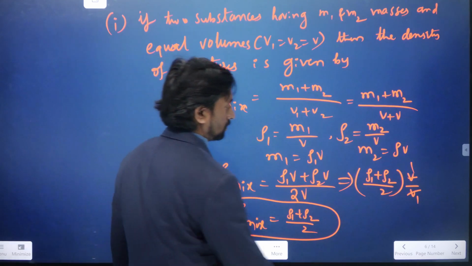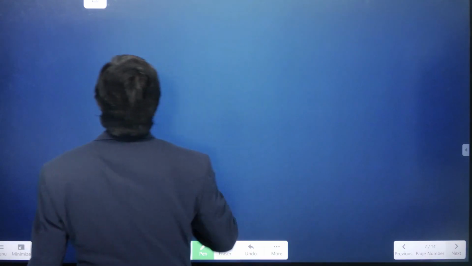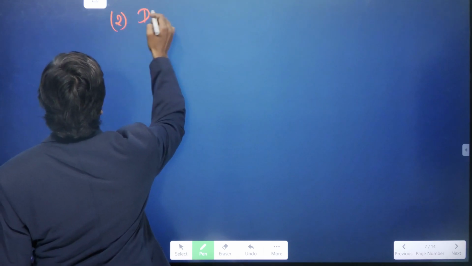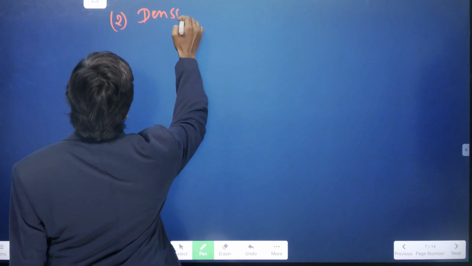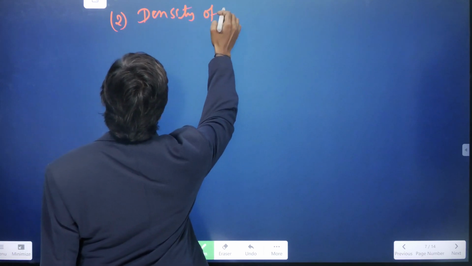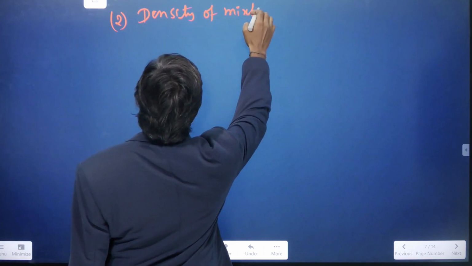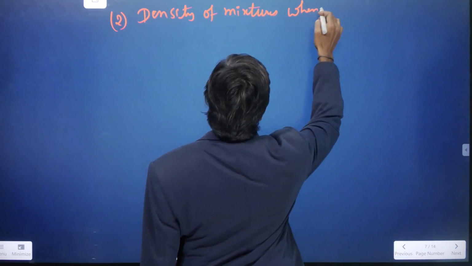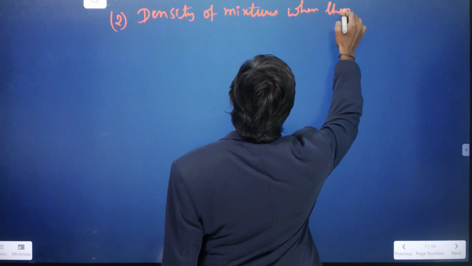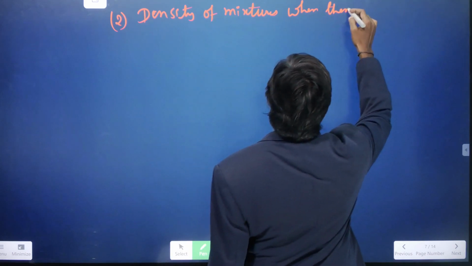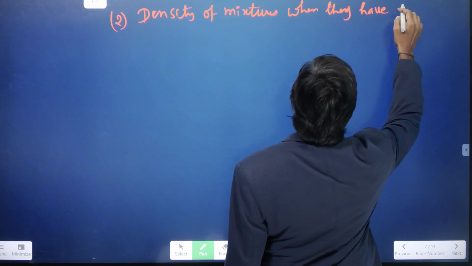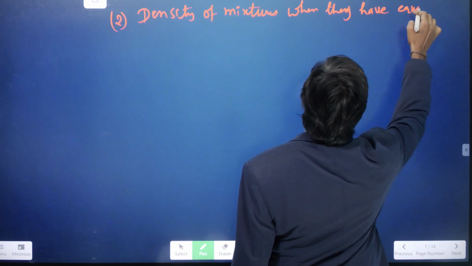Okay, so now next one is the density of the mixture, second case: density of mixtures when they have equal masses